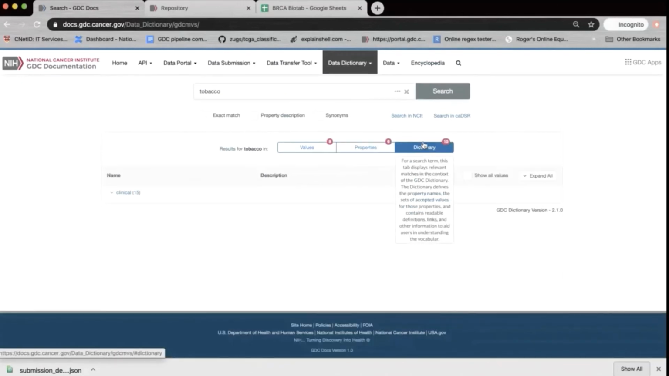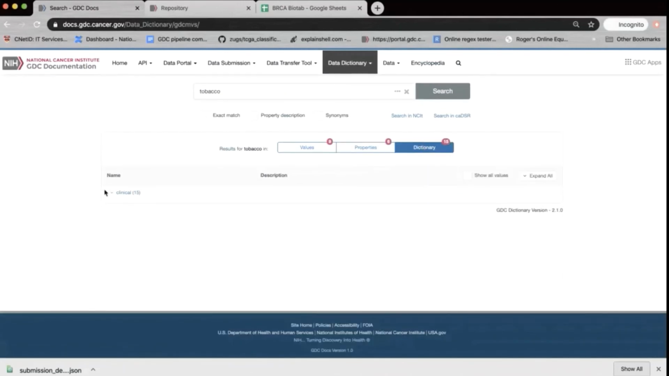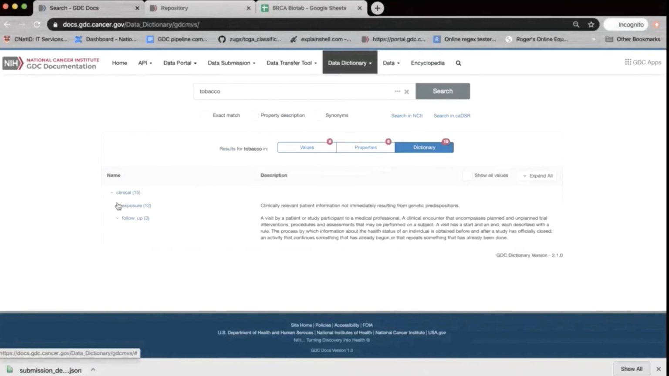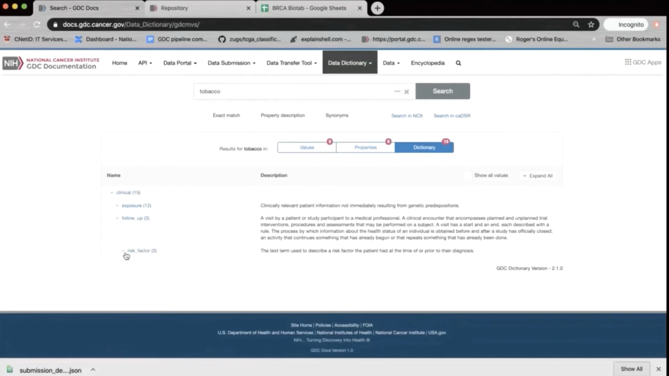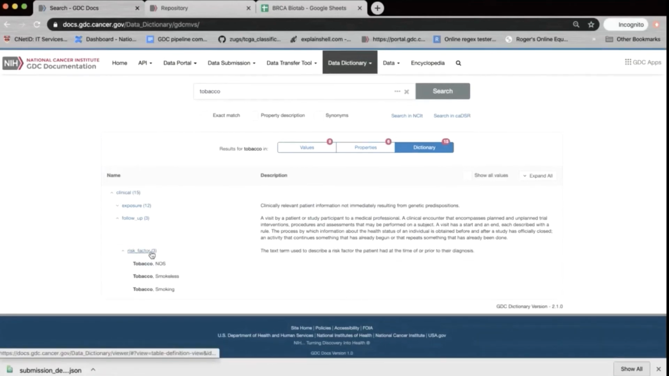Also, the dictionary results just give you the same information as the dictionary viewer, but in a bunch of drop-down menus. So I know that if I look for something tobacco related, it's going to be clinical, and it can be either on the exposure entity or on the follow-up entity. On the follow-up entity, there's a risk factor property that has three different tobacco related values,